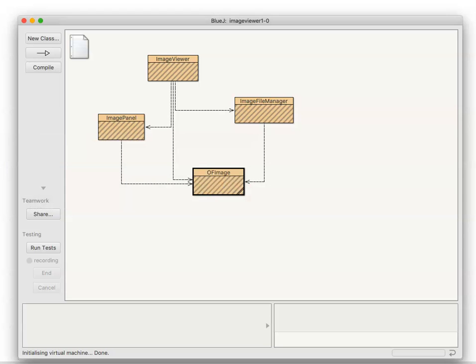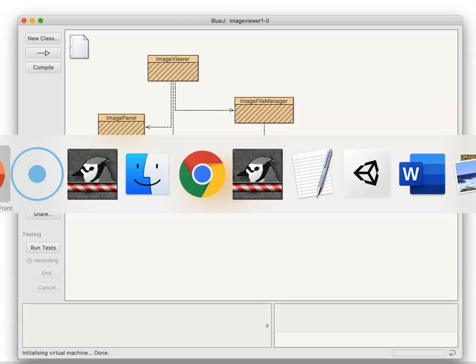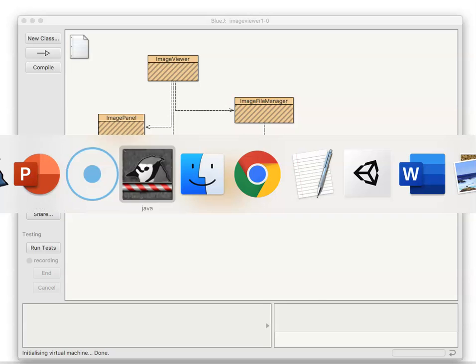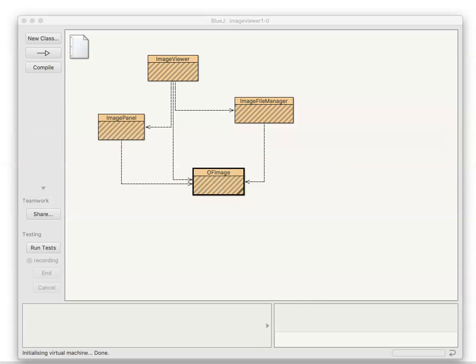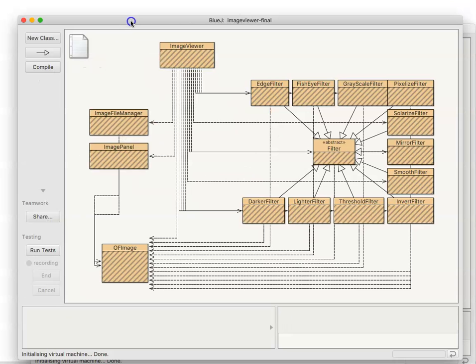We have these four classes at the beginning: an image viewer, the image file manager, the image panel, and the objects first image, which wraps some of the lower level Java image handling. You will end up with this,